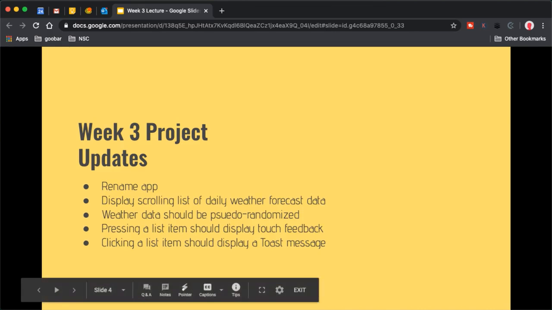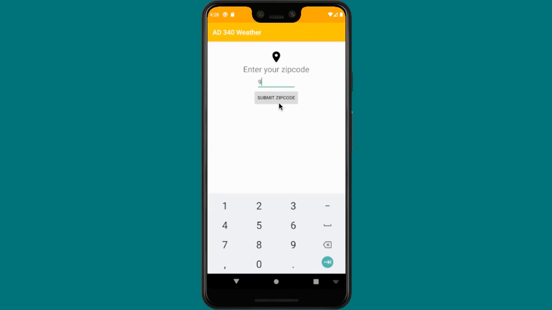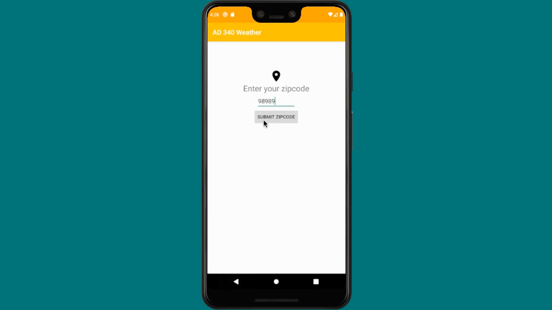So if we go over to our Android emulator here, I have the updated version of this app up and running. Now, if you have been following along and you are up to date with last week's lecture and assignment, then this should look pretty much familiar to you. This is basically where we're at the end of last week. So if I now enter in a 5-digit zip code here, and then go ahead and click submit,